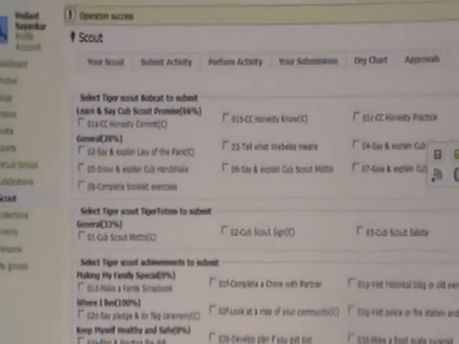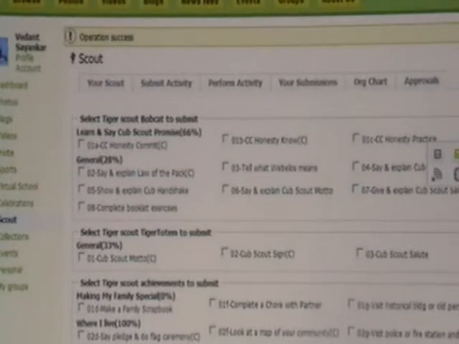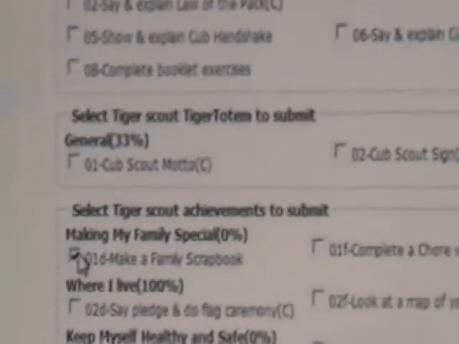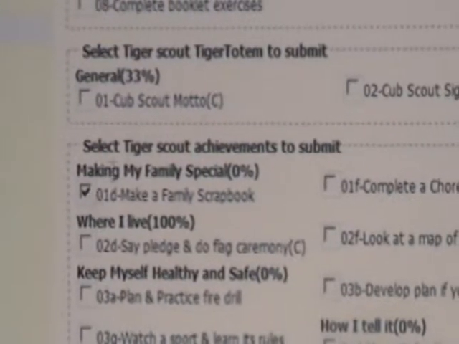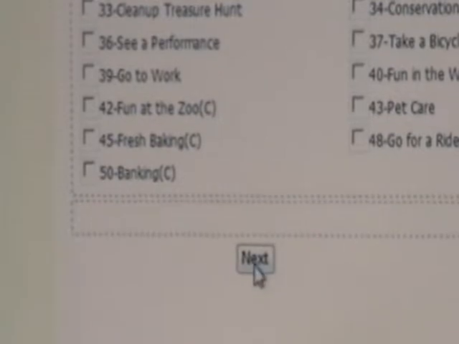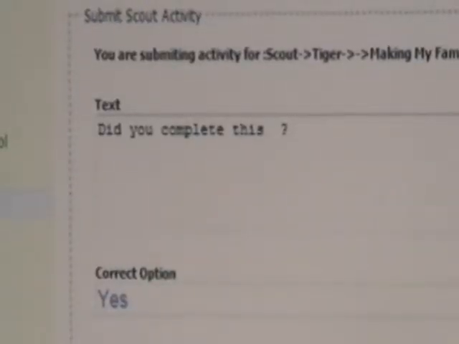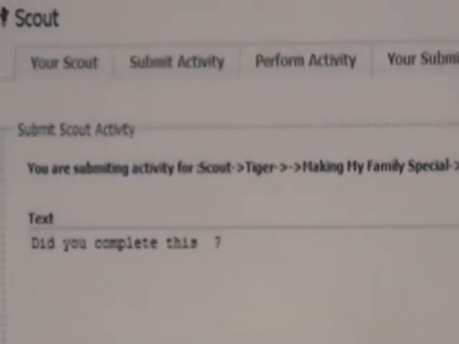And if you want to submit some activities, submit means you are submitting a video or an image. Let me show you an example. Let's say family scrapbook, make a family scrapbook. I click here, and then go down and select go next. So it is going to pop up a form. This form basically is asking you to